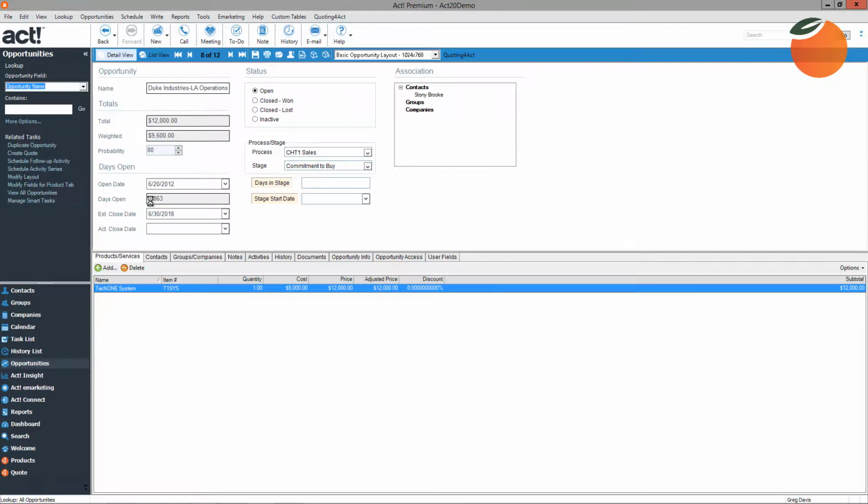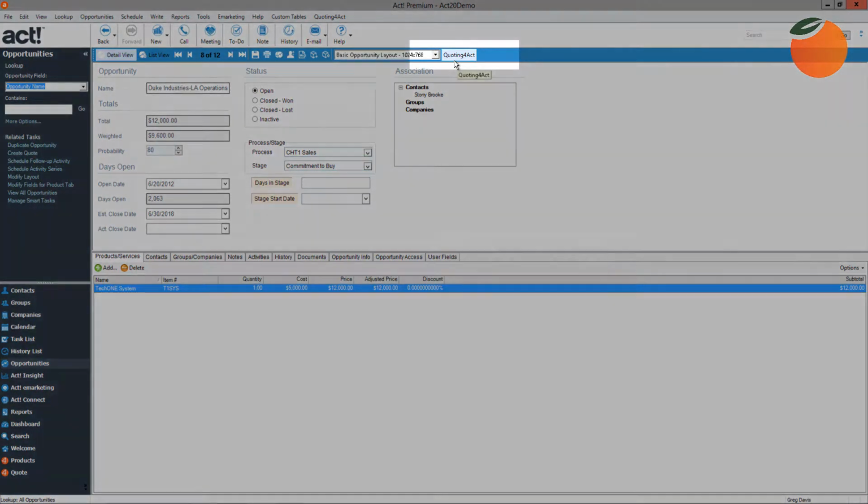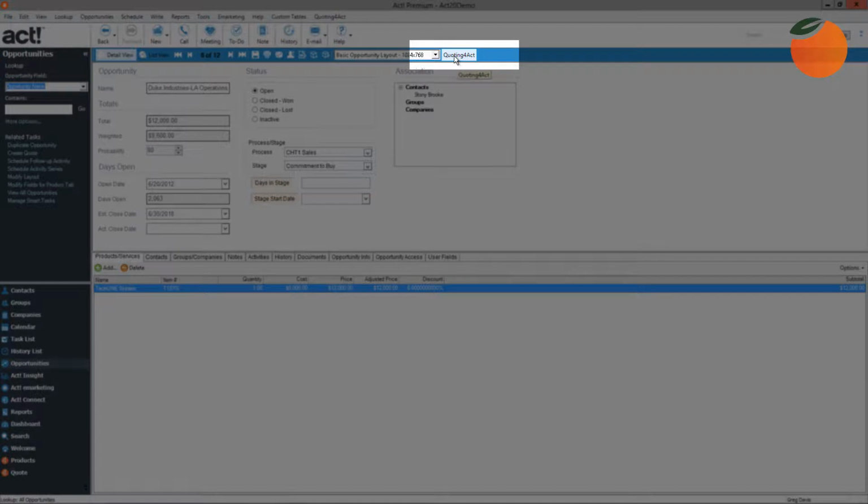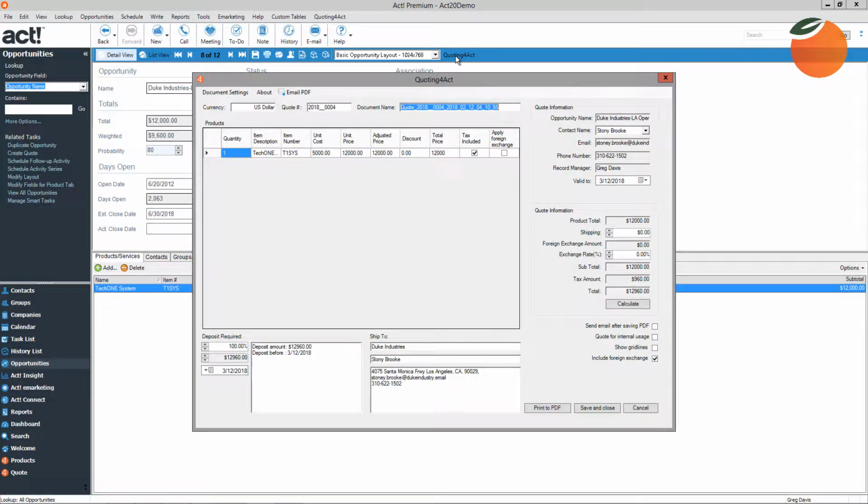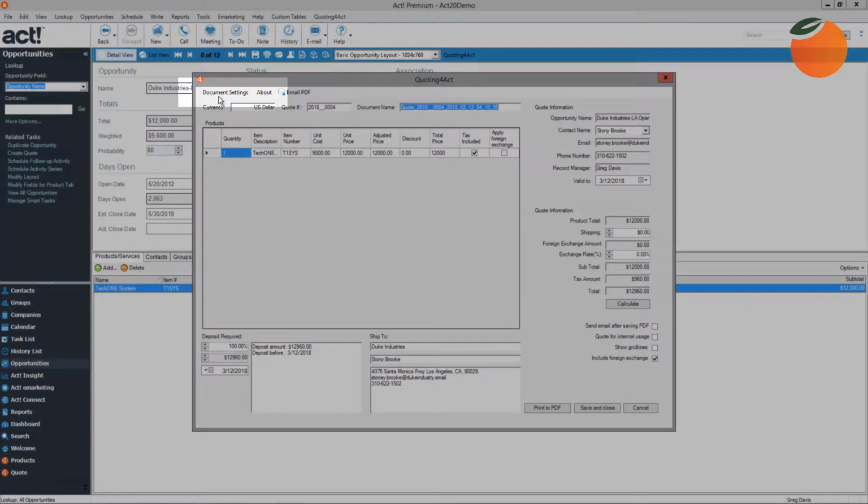So once your opportunity is created, you can begin using Quoting4Act. From the top of the opportunity, we go ahead and click the Quoting4Act button, and up comes the quoting console. The first thing that you should do on your first quote is click Document Settings right here